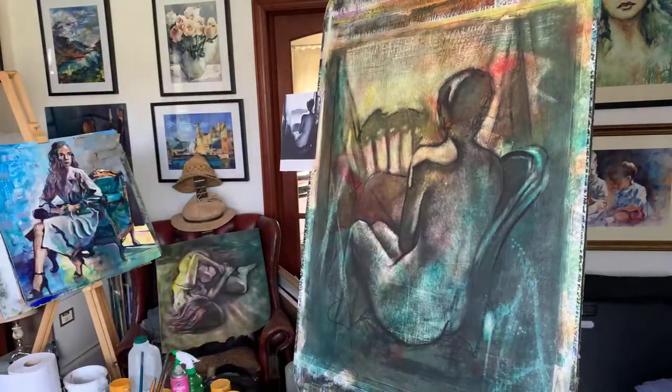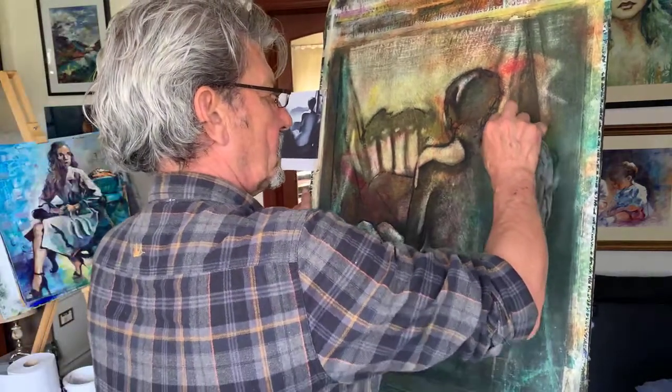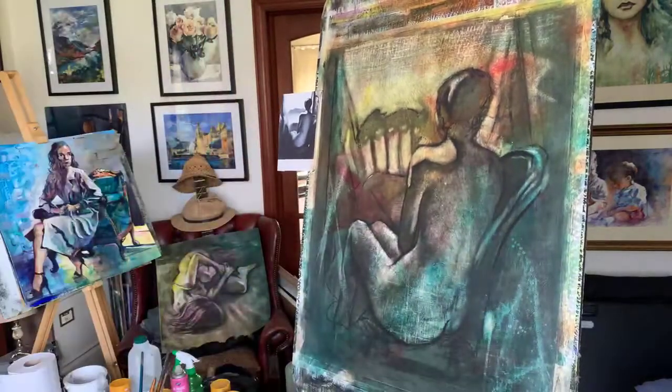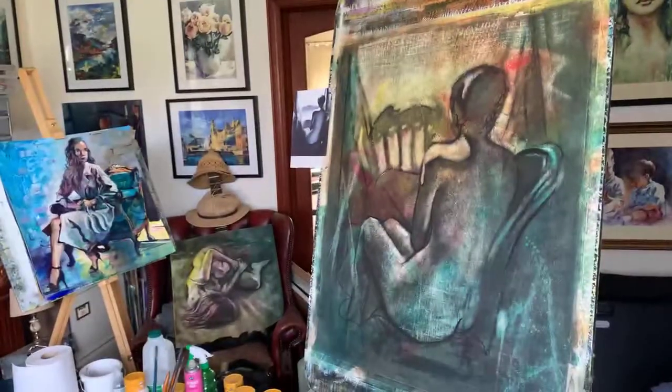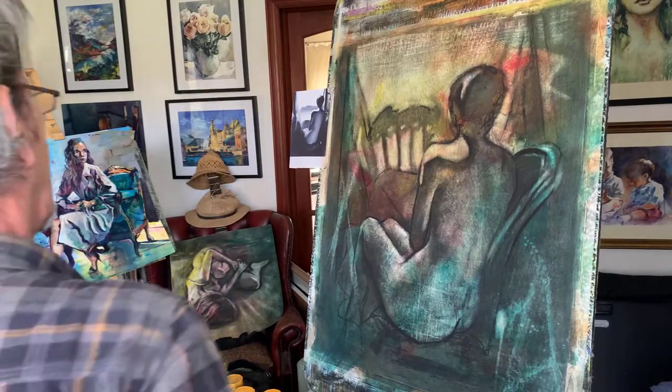Don't forget we varnish these so the light really comes out, because it makes the tones darker and then they go lighter. Okay. Right,